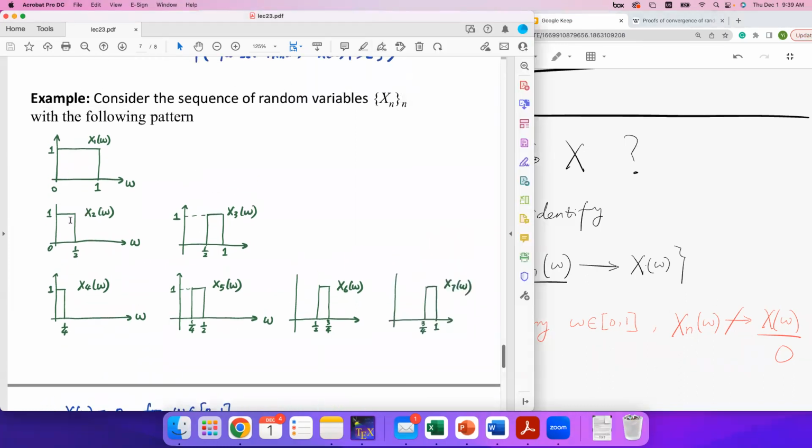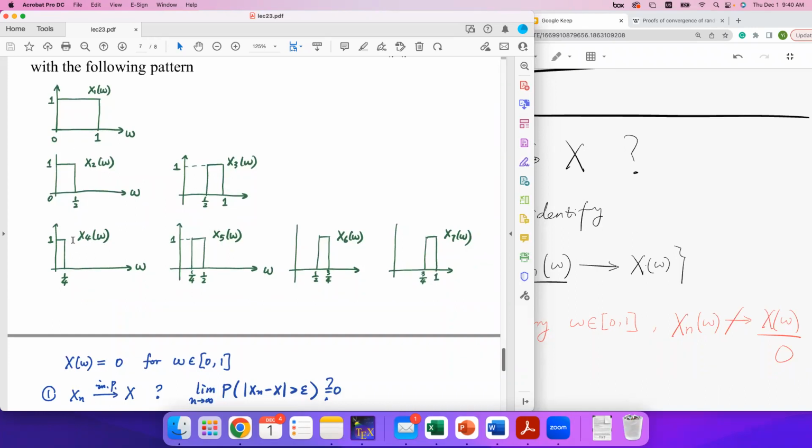Now, intuitively, following this pattern, you pick an arbitrary omega. Let's say you pick a random point between 0 and 1 here. Now, you start from x1(omega), and this is 1. And x2(omega) could be 1 also if the point that you pick is between 0 and 1/2. And x3(omega) is 0. Okay, so it's 1, 1, 0. And then depending on the specific location that you pick, x4, x5, it's essentially a binary sequence. But the intuition is that this binary sequence will never stably converge to 0, because at some point,